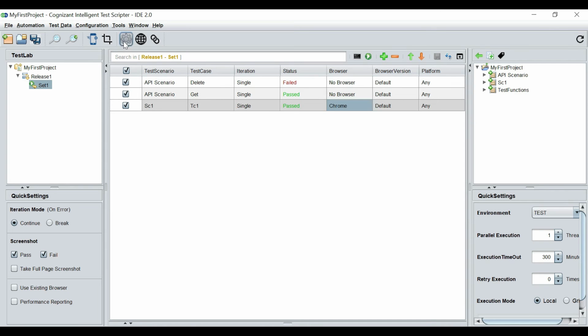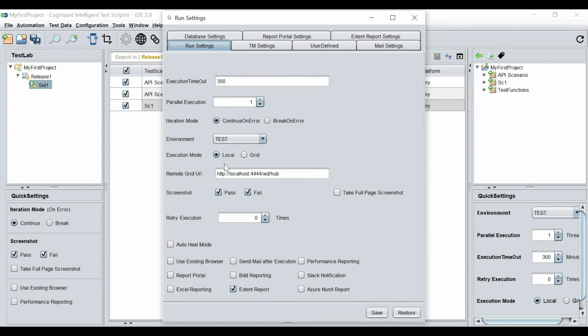So if you click on the settings icon, you have the execution mode as local. So local will open up the browser on your machine, or at least it will try to open up the browser on your machine. In the Ubuntu machine, it will not find it and it will fail. But in our local machines, it will find the browser, it will open up Chrome, and the execution will go on. So what we have to do is we can set this as grid as in it will start executing in a remote machine,